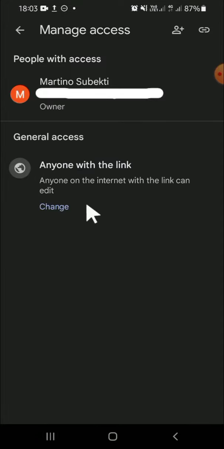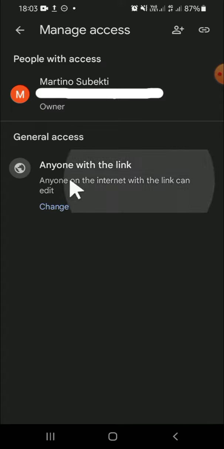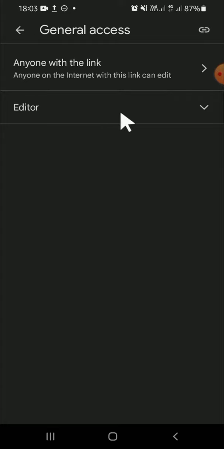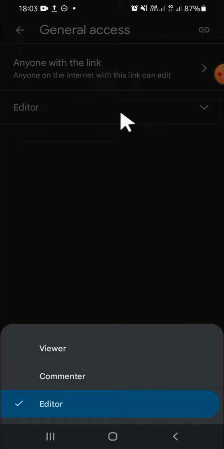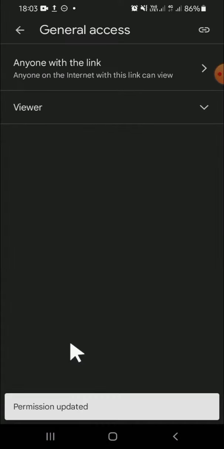And if you want to disable the editing, you are going to change the general access. And as you can see now, anyone on the internet with the link can edit this Google Sheets file. So we're going to change the setting. We can tap on the editor. Then if you want to disable the editing, you can select the viewer, so anyone with the link can only